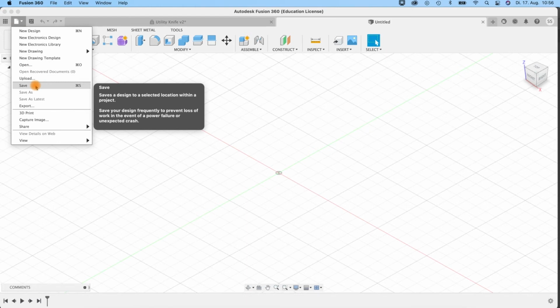But one of the main differences between Fusion and many other 3D software is that Fusion is a cloud-based software, and so all your projects are saved in the cloud, not on your computer. You can export it on your computer, yes, but actually all the working and all the saving is on the cloud. So when you save a file,